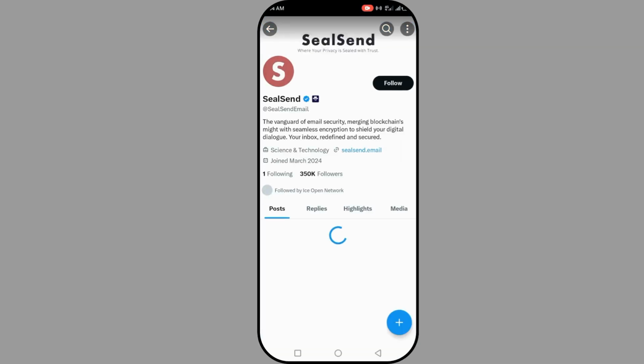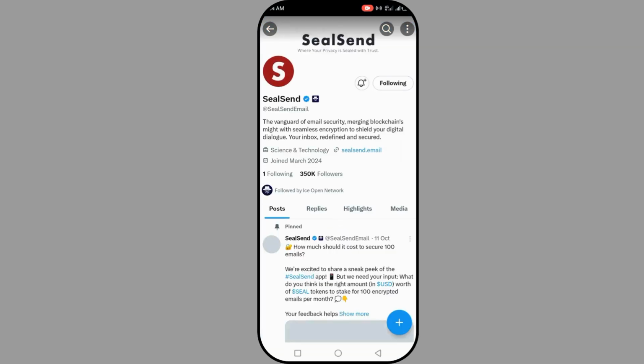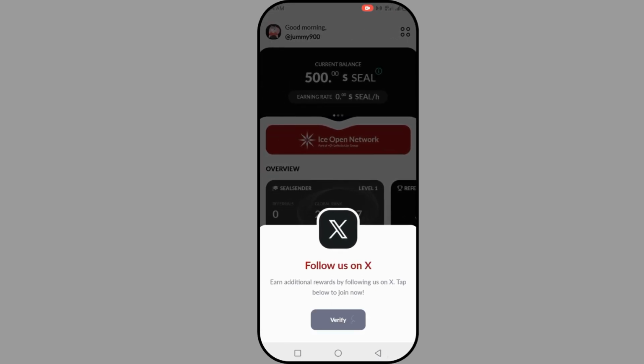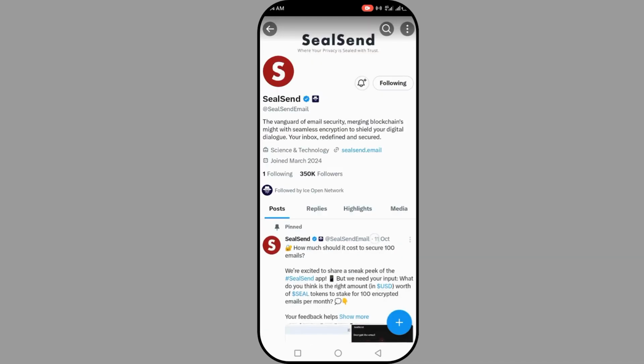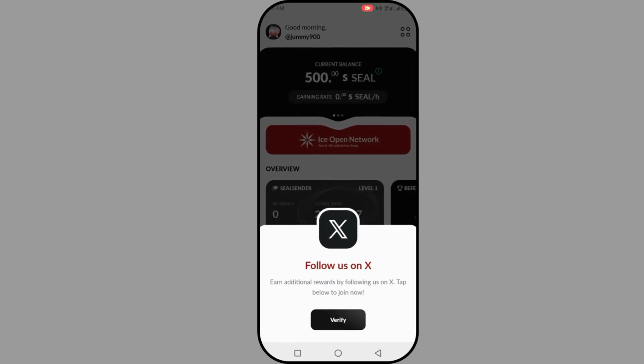Once you click, then you follow, then you go back, click on verify. Now let's wait for it. Click on follow. You can see we are following. So just go back, click on verify,